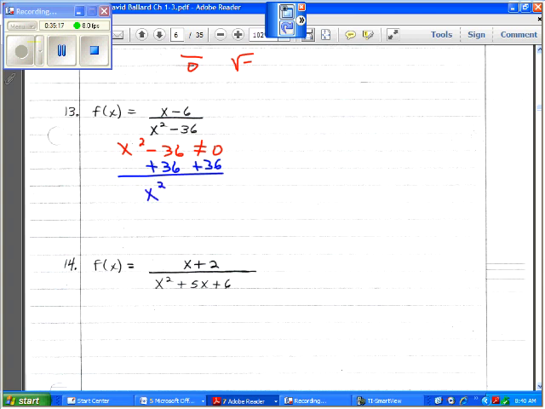So we'd have that x squared cannot be 36. So we would take the square root of both sides. And we would have that x cannot be plus or minus 6. X cannot be plus or minus 6. So if we write this out, we would say that